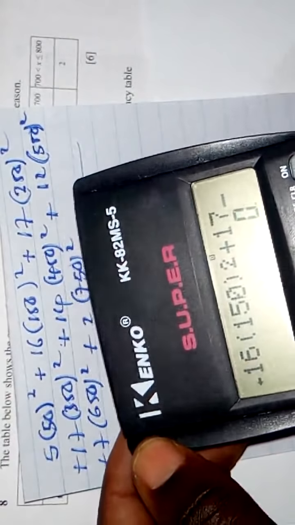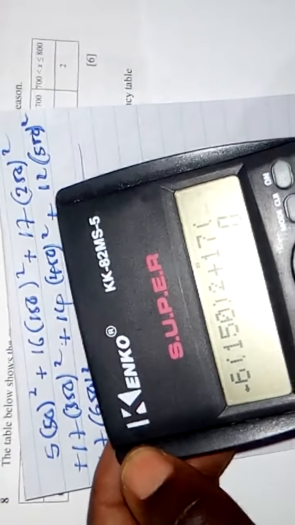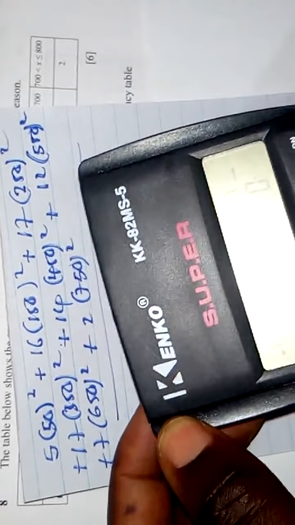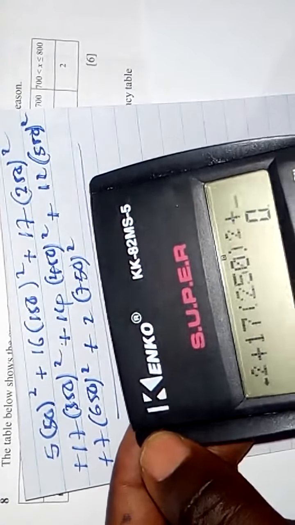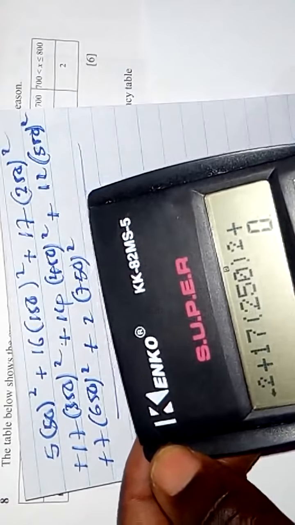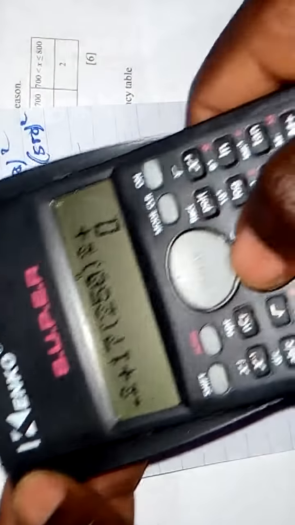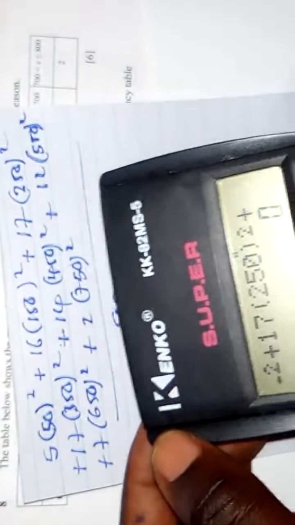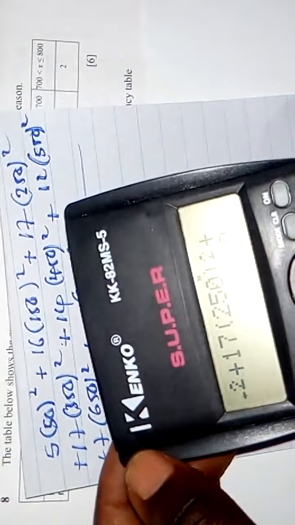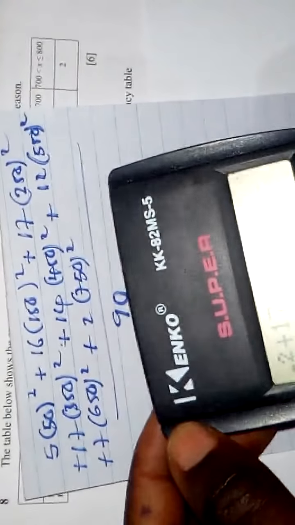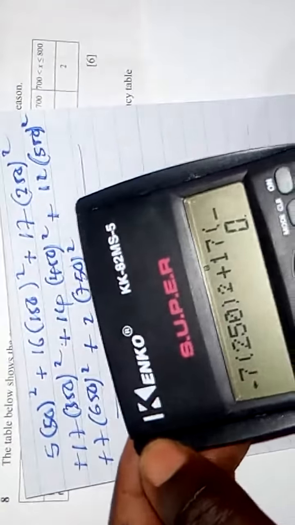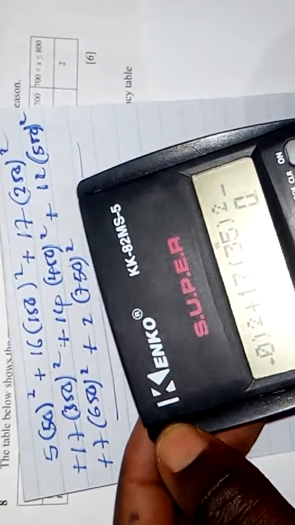Plus 17, open, 250 squared. Don't miss anything, so make sure you're putting the squared. If you don't know where to punch for squared, it's the x squared key. That's where you punch power 2. Then 17 again, 350 squared,